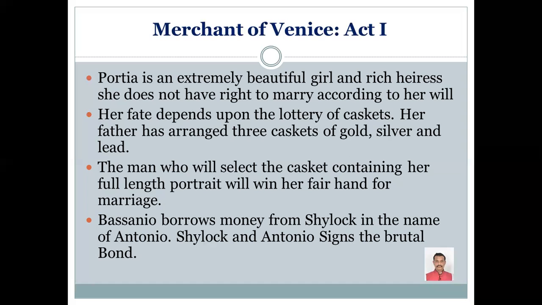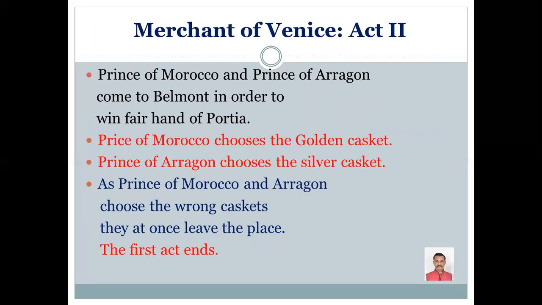So with this, a brutal bond has been signed between Shylock and Antonio, and Shylock gives 3,000 ducats to Antonio. With this, the first act of the play ends here, and then we move on to act number 2. So in the second act